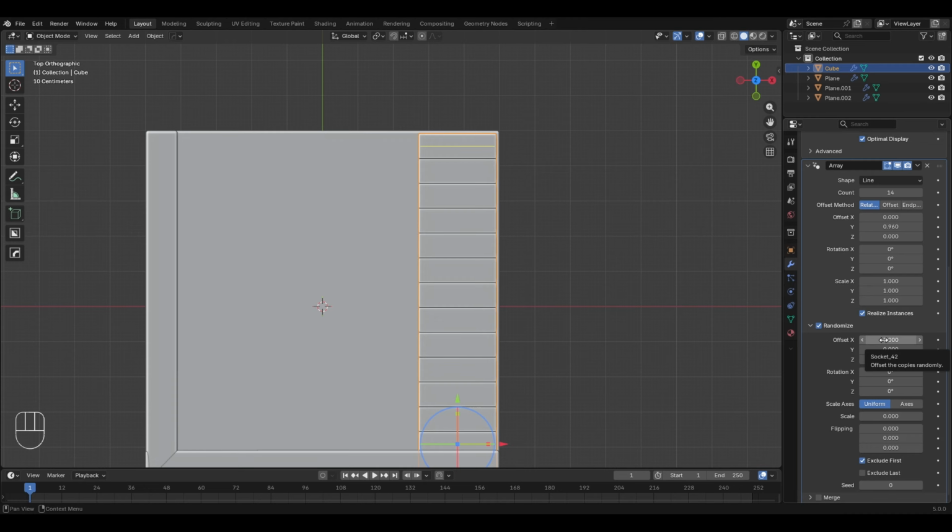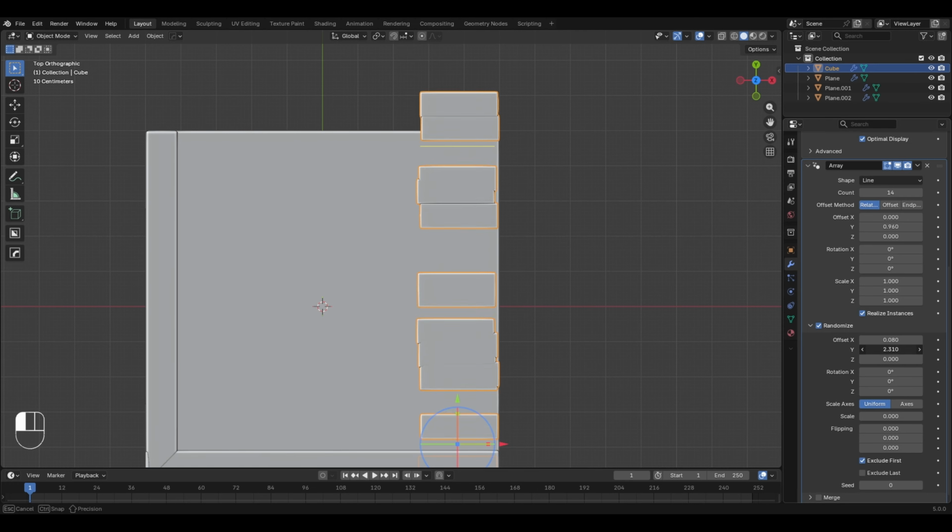Like if I go to the offset x value, then this will add some randomness to the x-axis offset. Similarly, you can do the same in the y-axis or the z-axis. That will basically control the movement up and down. But I don't really want to make any changes in the randomization of the z-axis offset or the y-axis offset, but I do want some randomization in the x offset that will shift the tiles in random positions like you